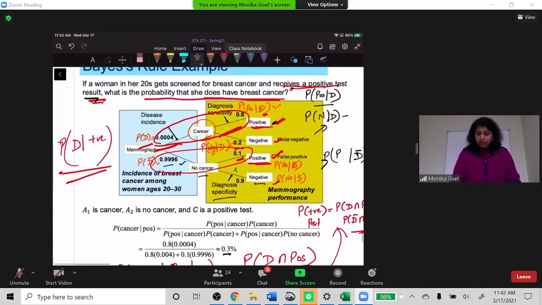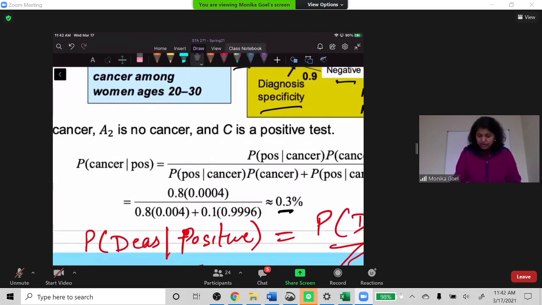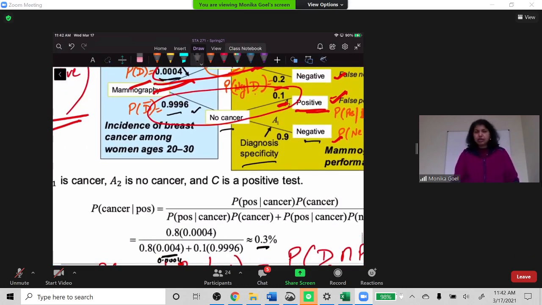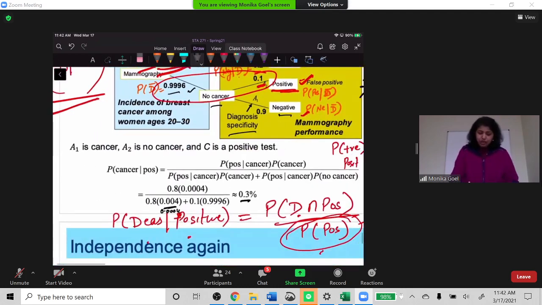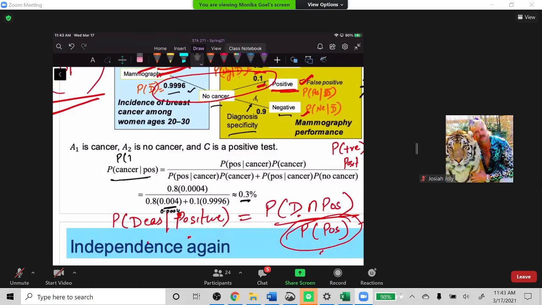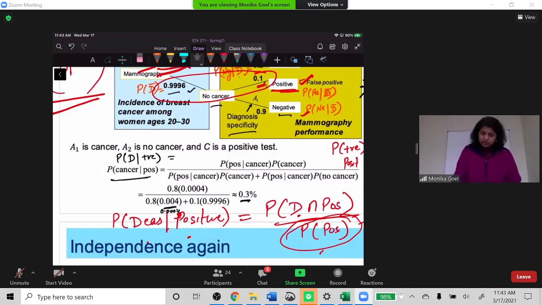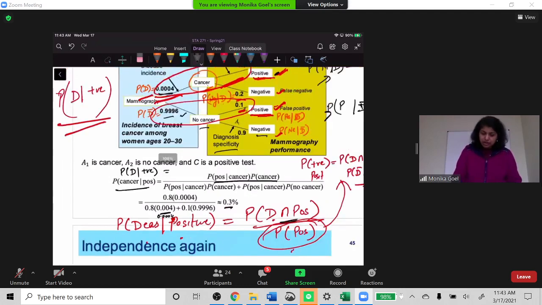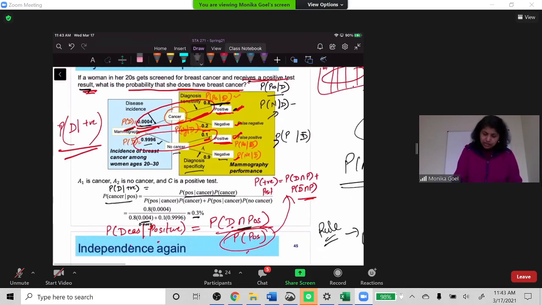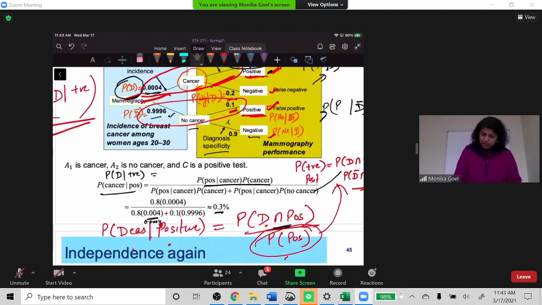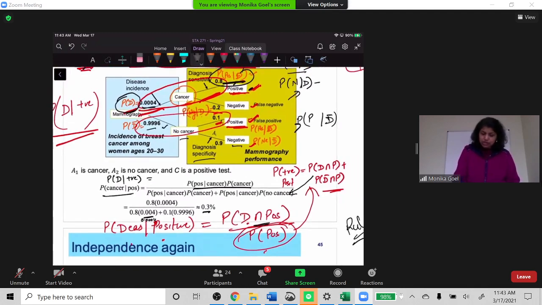Okay. When we are looking for the disease, and when you look at this one, I think I mentioned last time also, there is a typo. This is 0.0004, because if you use this, you will get a different answer. Here, after the decimal, there are 3 zeros. So this is given the disease and the test is positive, this is the intersection. And again, we know that intersection is the product. So if I know this and this, the intersection is the product of these two. And same thing, the denominator is this one, positive test. Where is the test coming out positive?